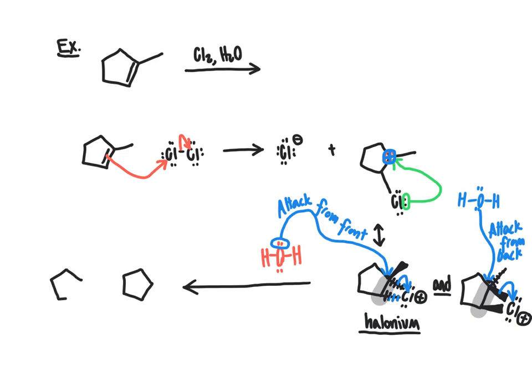So our halonium intermediate on the left had the chlorine as a dash, so I'm going to put the chlorine as a dash here. And it has to have the hydroxy group showing up as a wedge because the hydroxy group, or more specifically the water, has to come in from the side opposite where the chlorine is. So that water is going to have a positive formal charge at this point, and the attack of the water is going to force that methyl group to be oriented now toward the back. The other intermediate stereochemistry that we need to go ahead and draw out here